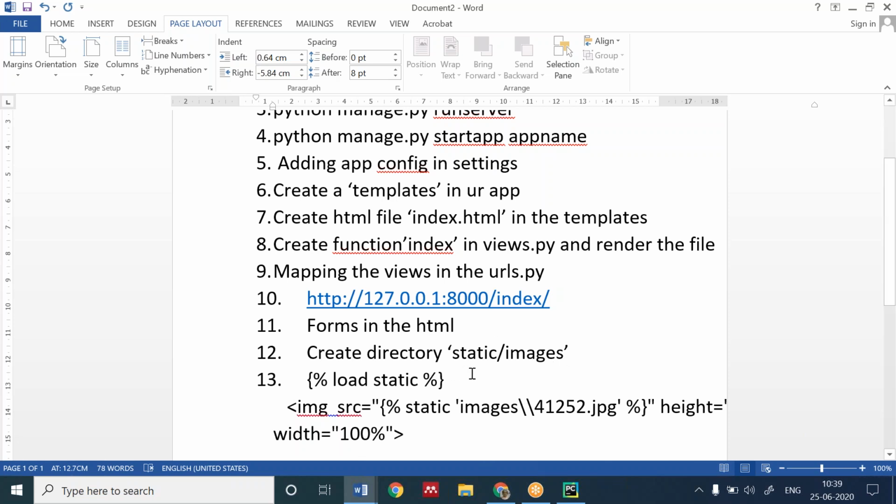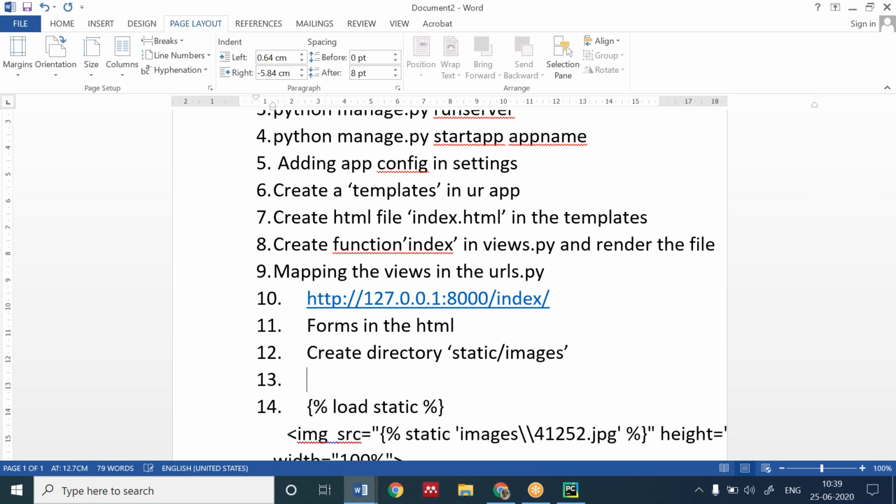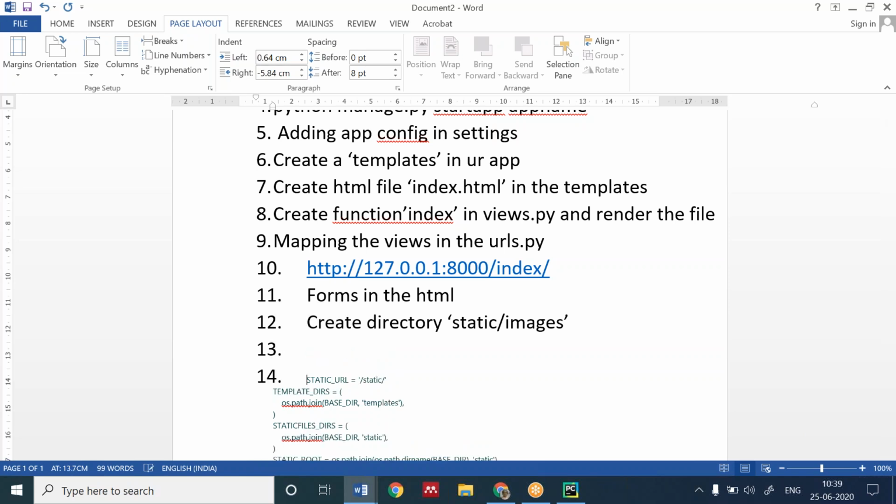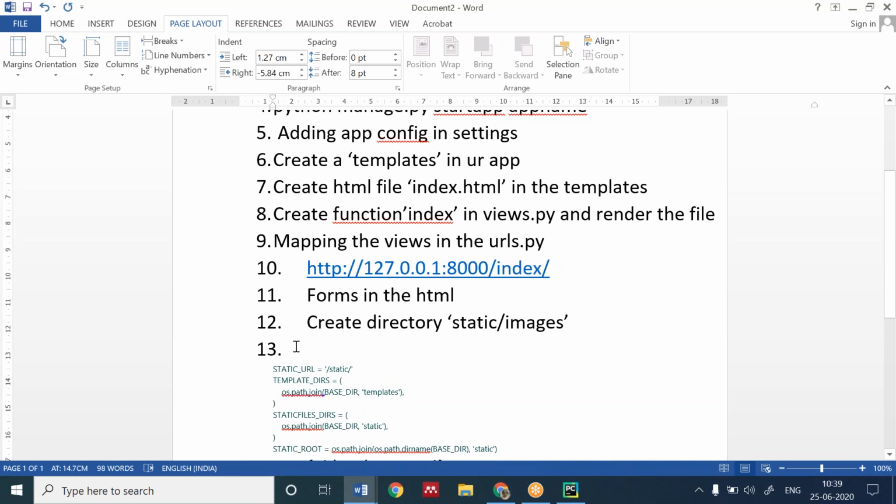So if you don't add the images, you have to remove it from here. If you add the images folder also, you have to define it here. Okay, is it clear? I have to create the directory, and if somebody's code doesn't work, what I have to write is this code in the settings.py.